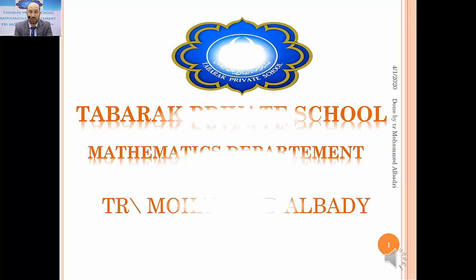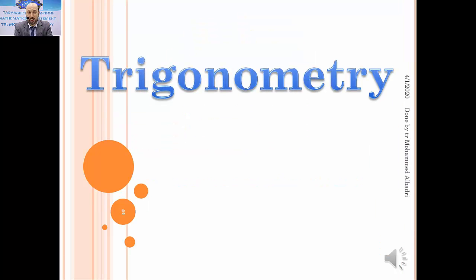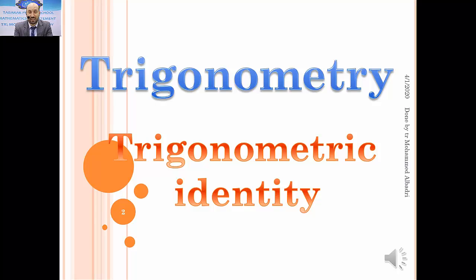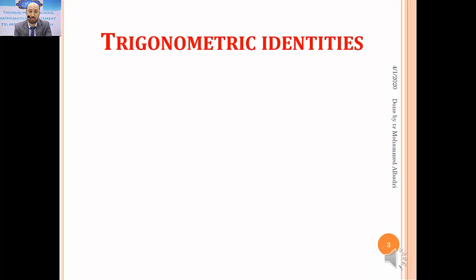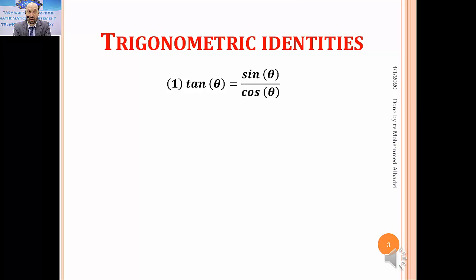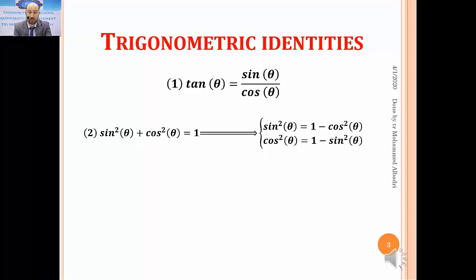And today we are going to study trigonometric identities in the unit of trigonometry, and this is the first lesson in trigonometry. It's very important to know the basics of the trigonometric identities. Firstly, tan theta equals sine theta over cosine theta, and the second, sine square theta plus cosine square theta equals